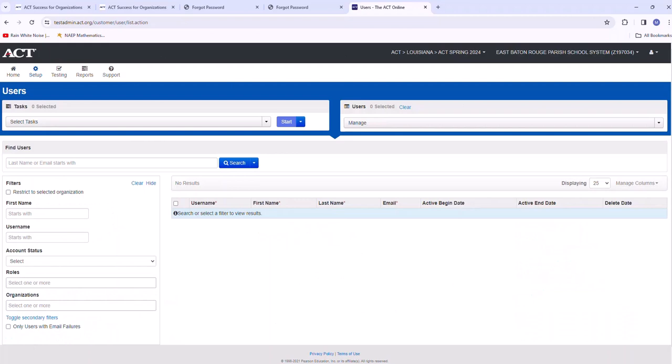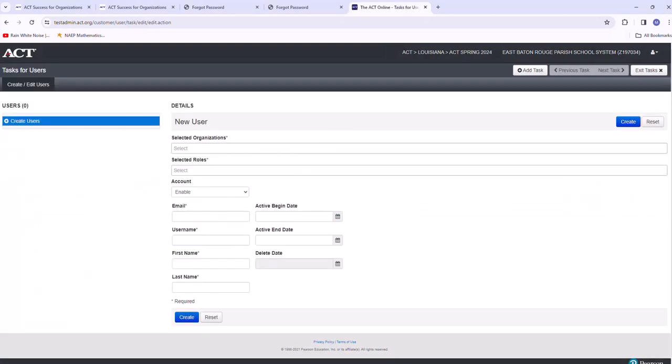All right, and so what I need to do is create a user. I'm going to go right here where it says start. Notice that you see several things: create, edit user, delete, restore users. So we're going to create edit user. I'm going to click on create edit user, and then this shows up. Now I'm going to create Michelle, your account.